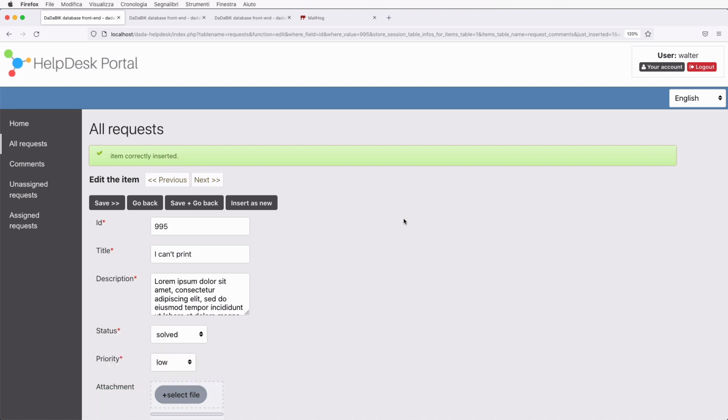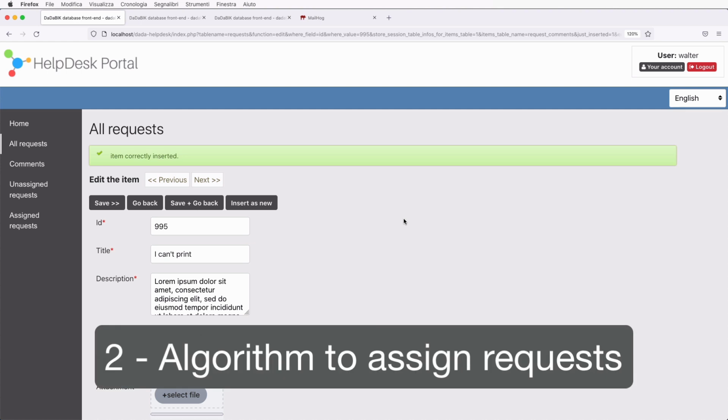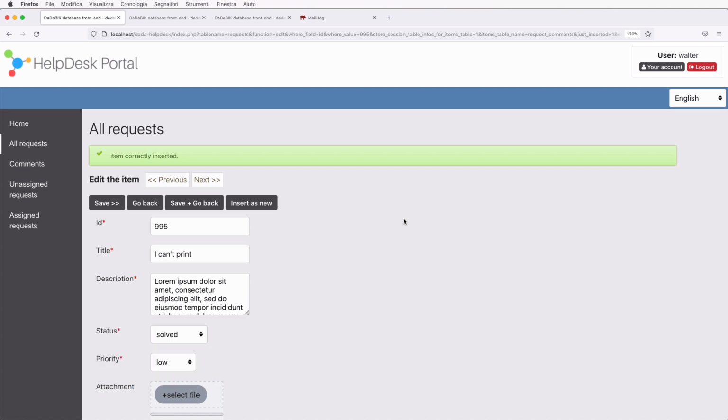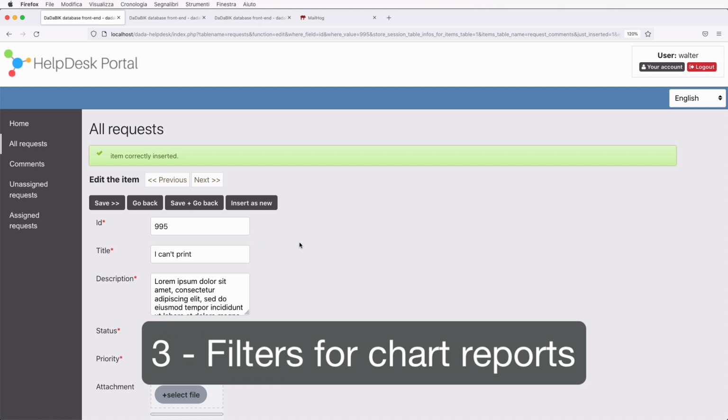Next improvement, an algorithm that automatically assigns requests to staff members according to the number of assigned and unsolved requests they have. So of course, if a staff member in that moment is very busy, we don't want to assign yet another request. Next one, we can improve the chart reports. In particular, I'm thinking about the second chart, the one where we show the number of requests assigned to each